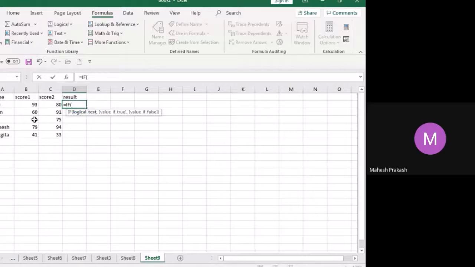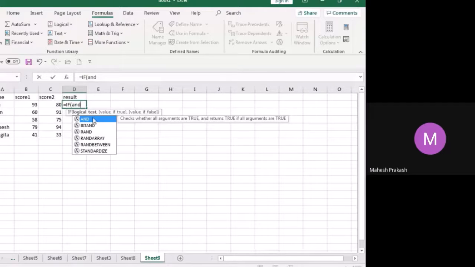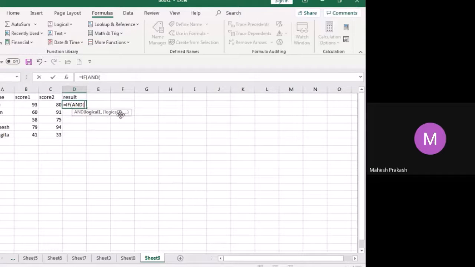Now see, earlier we had only one column for scores, but right now we have 2 columns. So here you can use the AND function. I'll enter AND. Logical 1, logical 2. What is my logic 1? Logic 1 is if this value is greater than or equal to 50, then it should be pass, comma.